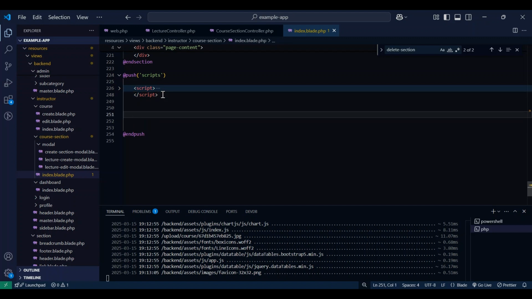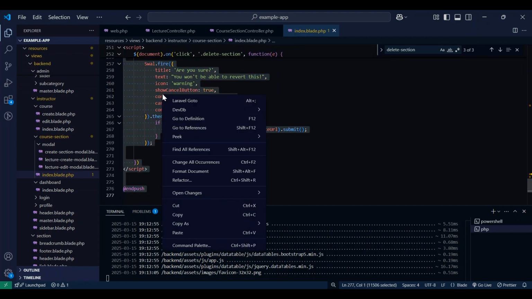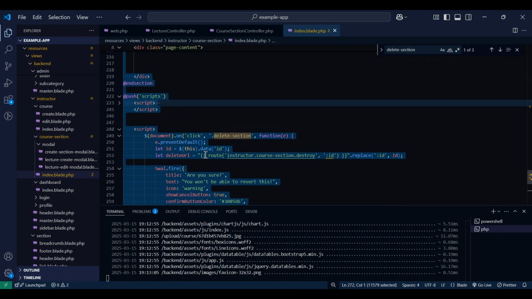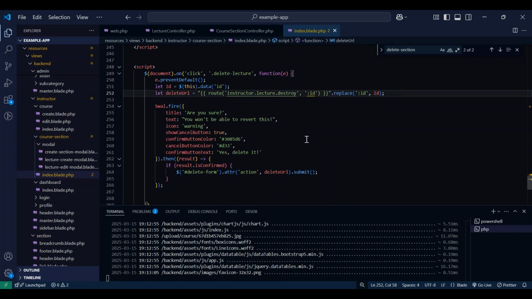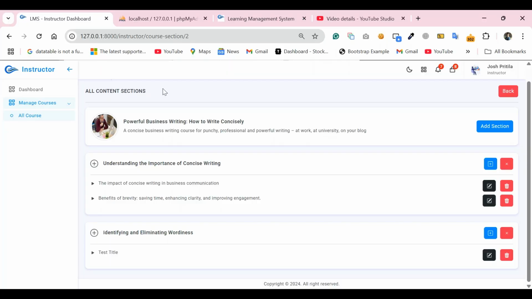Okay, just format document, fine. So here is the delete section, not delete section, just put the delete lecture. It will work actually, maybe not a course section, and we just keep lecture. Just check if it works or not. Go to the browser actually, just keep reloading. Okay, done. I just checked it the first time, identified the test title, and yes, I hope it will